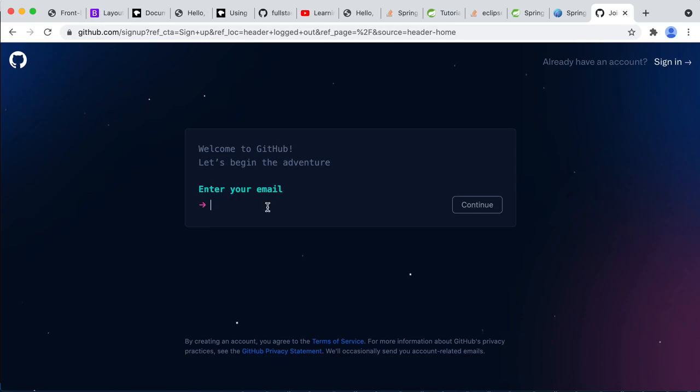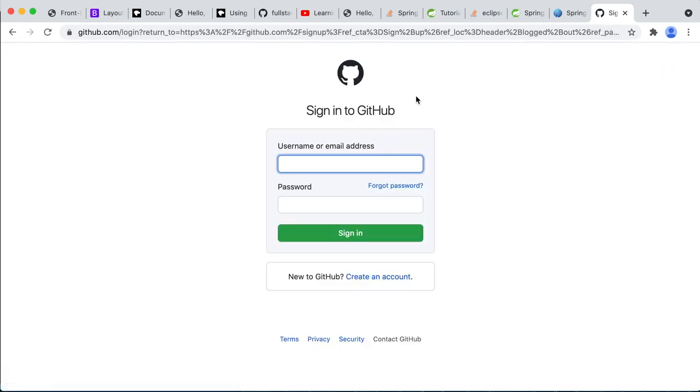So you enter your email address here. I can't really go too far with this because I already have it set up. But you just go ahead and follow this, and that'll get you set up for your account. And then you'll sign in once you're done. So I'm going to go ahead and sign in. So remember, just go to GitHub and click sign up, and then follow this. I think it's really simple steps. You just enter your email, and you just go from there. Follow the prompts, and then you'll have an account set up. If I can find a recording of me doing this before, which I have done before, I'll insert it into the video. Okay, so now I'm going to go to sign in, and I believe I have a full stack